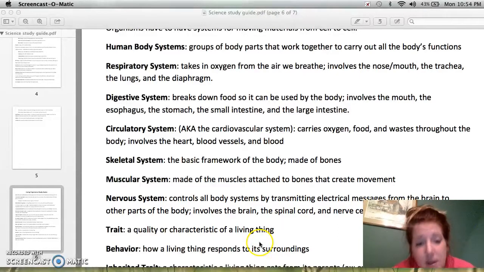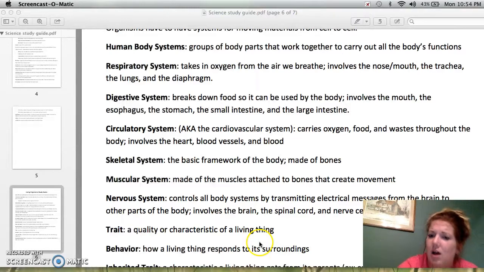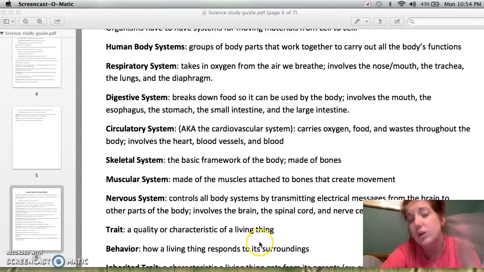A behavior is how a living thing responds to its surroundings. So behavior is learned by who you associate with,